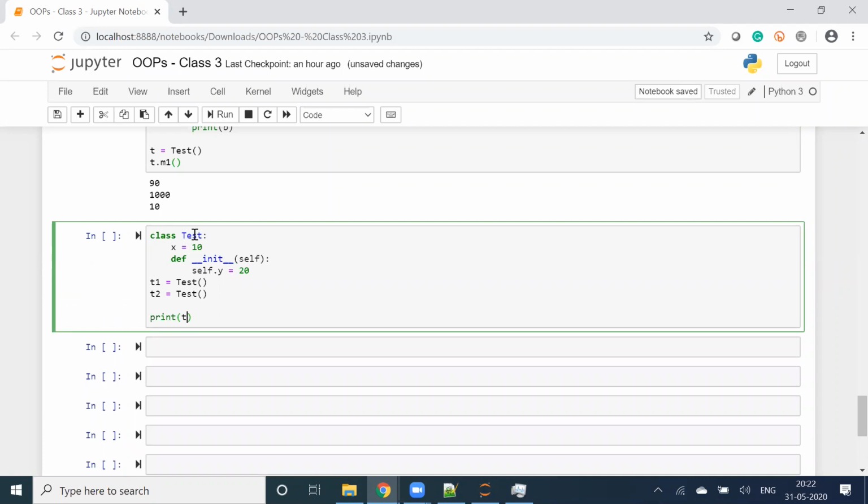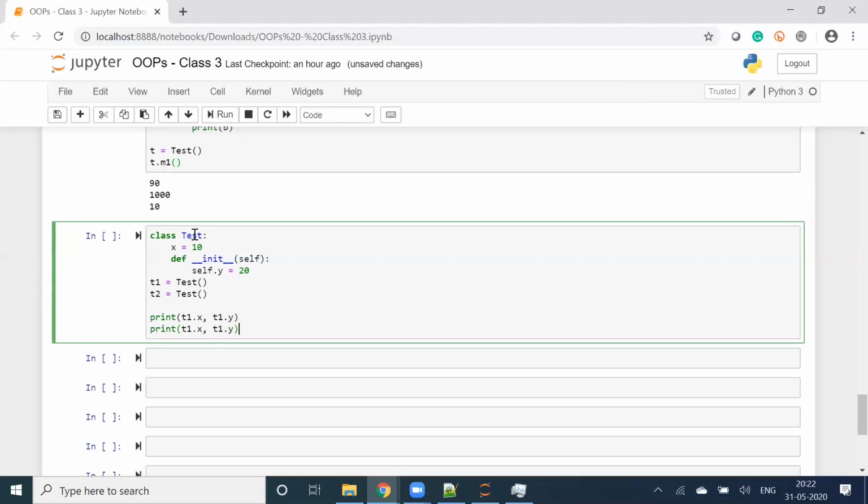Print t1 dot x comma t1 dot y, print t2 dot x, t2 dot y. What will be the output as of now? 10 20 10 20, agree? Two times because I'm calling two times.